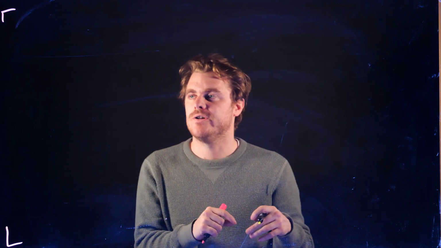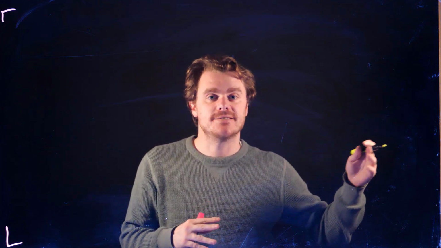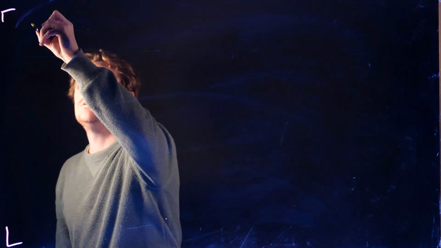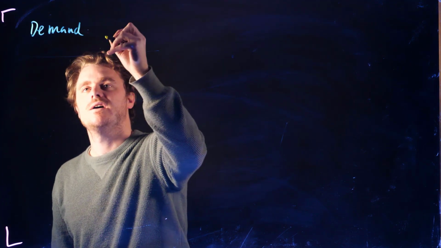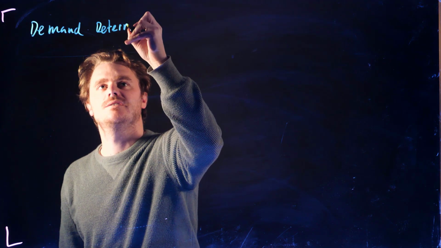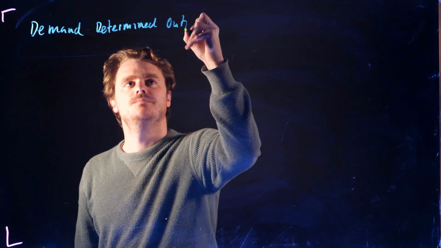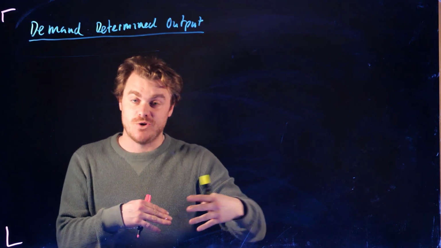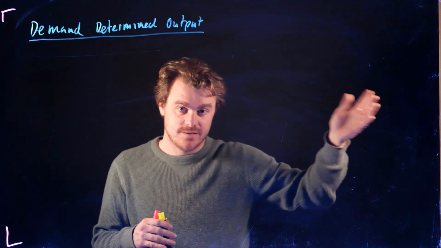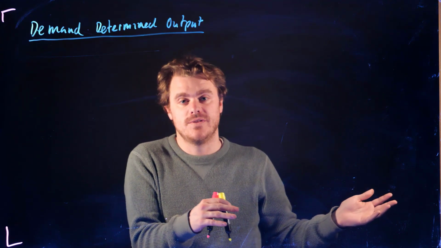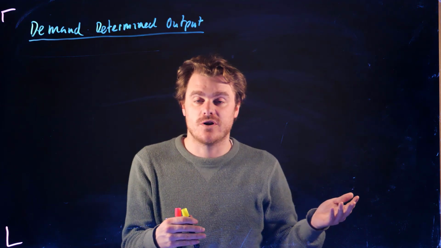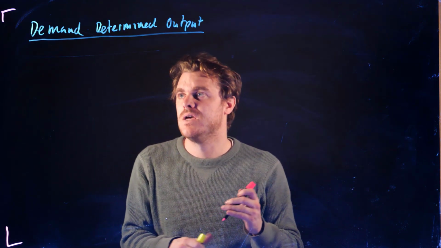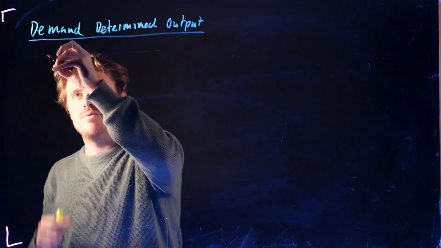So let's briefly discuss one of these assumptions we've been making so far in this macroeconomic model, and talk about how maybe we need to start to relax this assumption, which is what we're going to end up doing next week. We've mentioned this a couple times, but this is demand determined output. Essentially we've been modeling the demand side of the economy and assuming that the supply side can just produce whatever the demand side needs without having to change their costs or their prices as a result. So we've talked about three big issues,